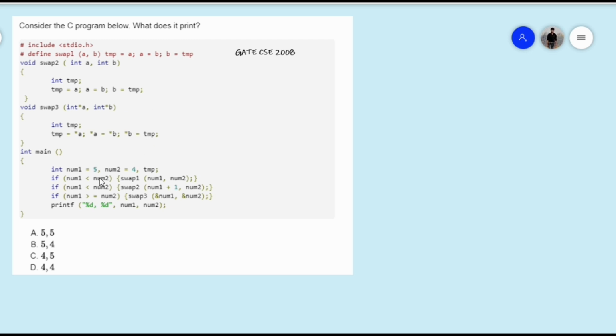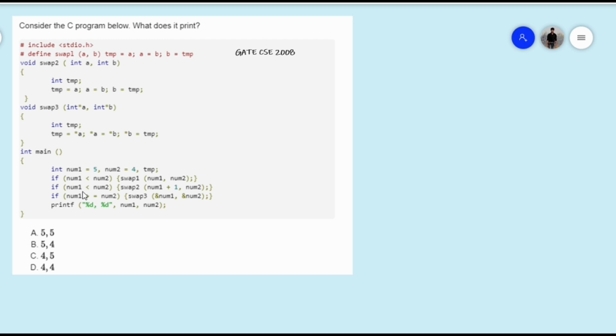Okay, so here, if num1 is less than num2, what is the value of num1? That is 5. What is the value of num2? That is 4. Is num1 less than num2? Is 5 less than 4? No, condition false.